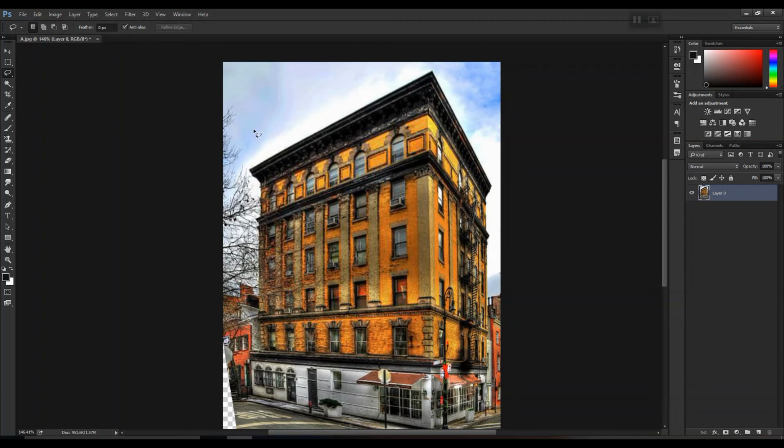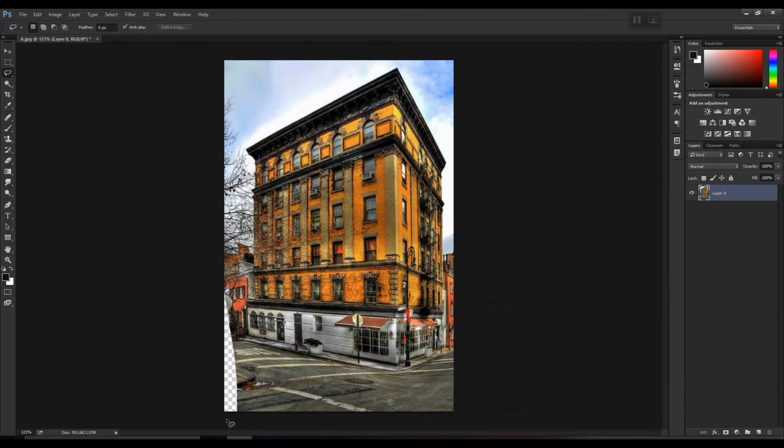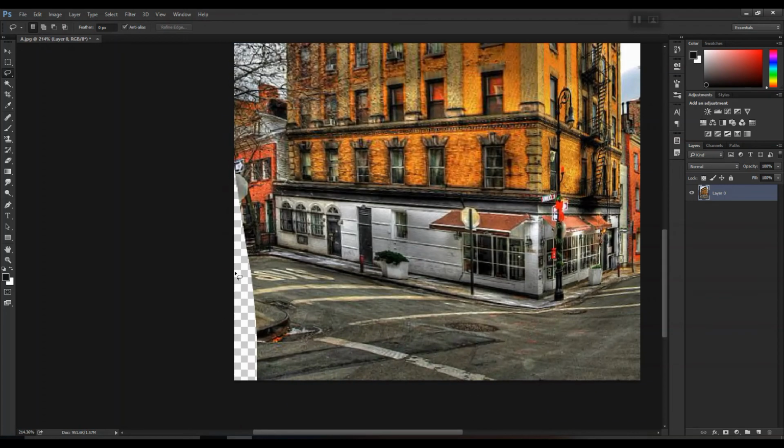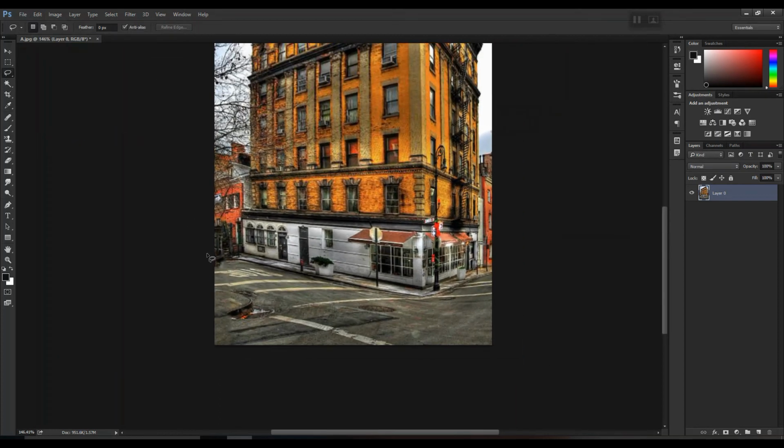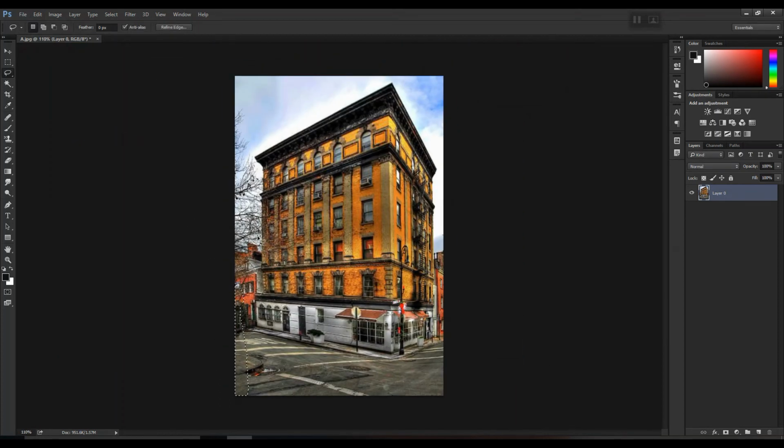For more details, you can go and check the link given above. The same can be done here as well. It's not necessary it will work here. Let's try. Okay, not bad. If Content-Aware Fill is not possible in a particular image, then in such cases you can crop the image as well.